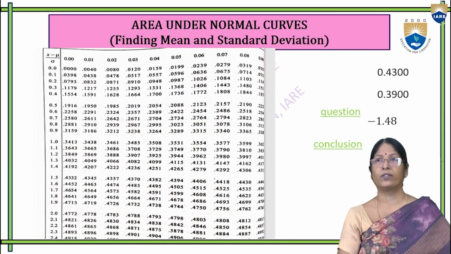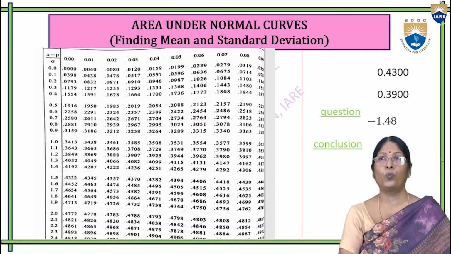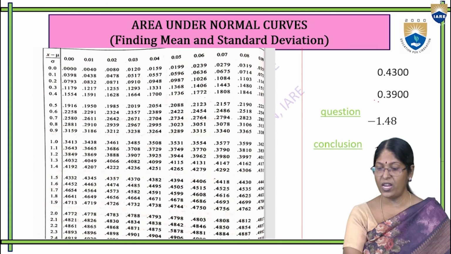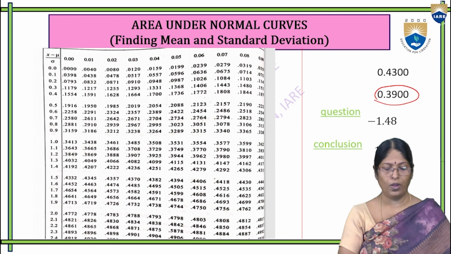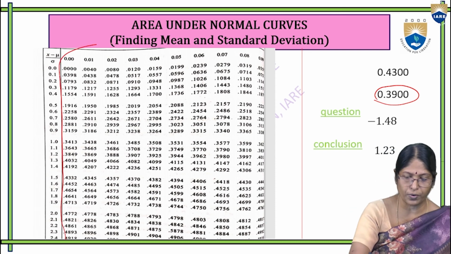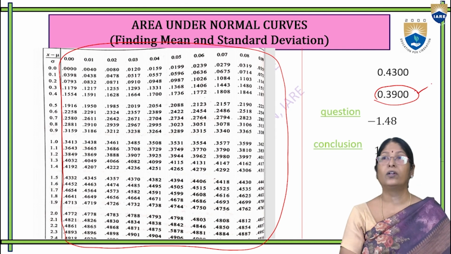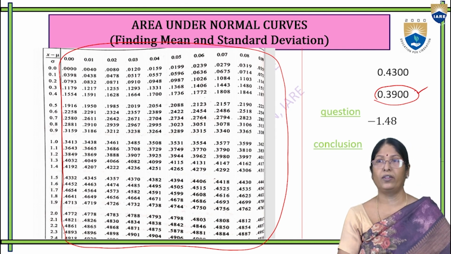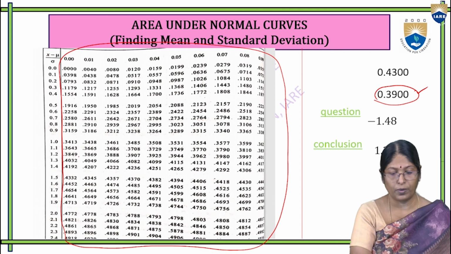So now we can see here how we are obtaining the values. We needed 0.3900. We have to search for where our 0.39 is. It is there. So completely we can see it here. This one data I am marking. Here also one data. Here it is. All are